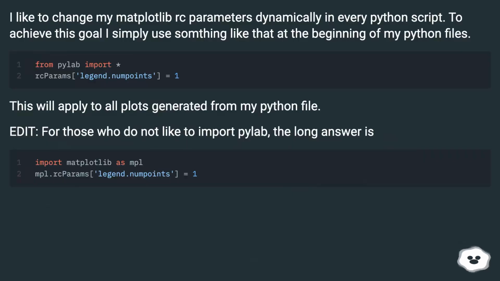I like to change my Matplotlib RC parameters dynamically in every Python script. To achieve this goal, I simply use something like that at the beginning of my Python files. This will apply to all plots generated from my Python file. Edit: for those who do not like to import Pylab, the long answer is